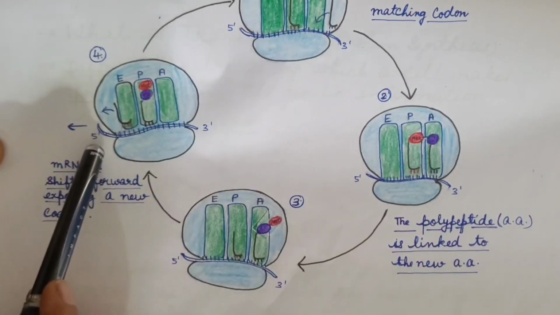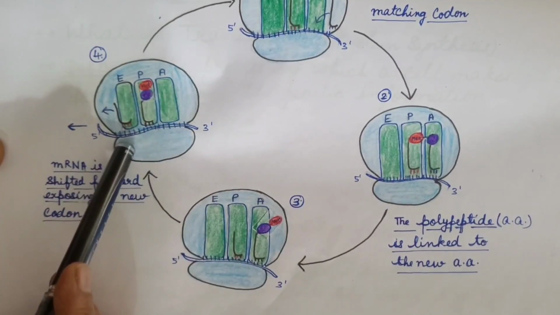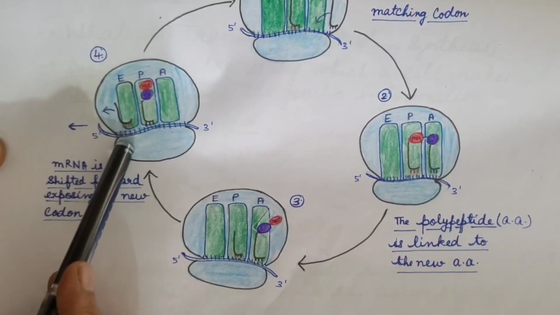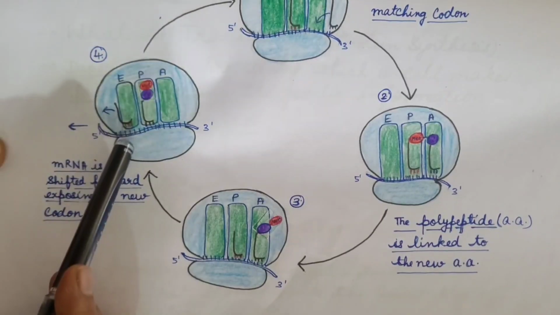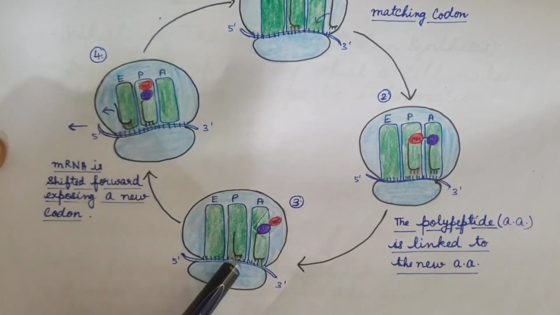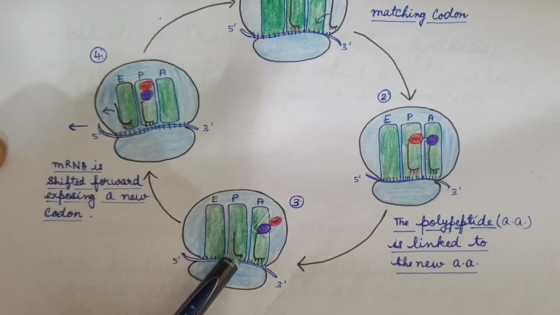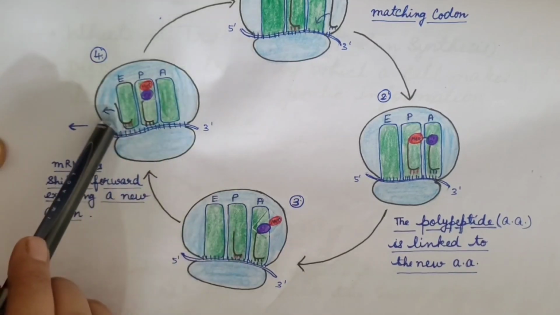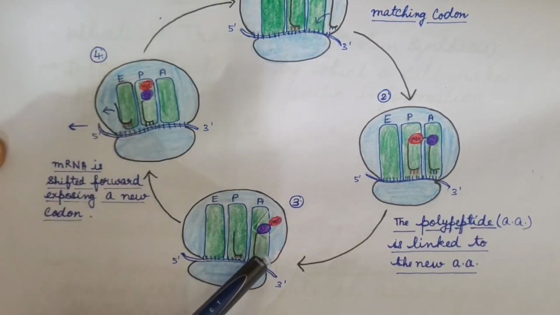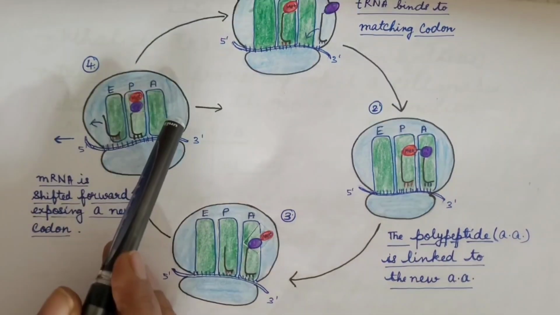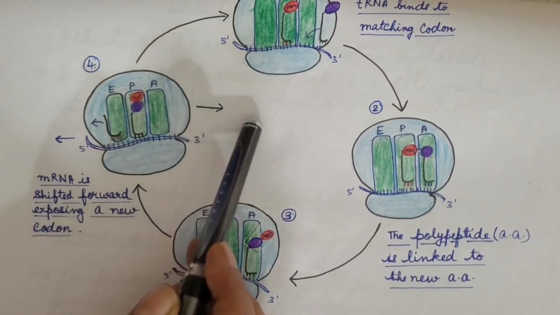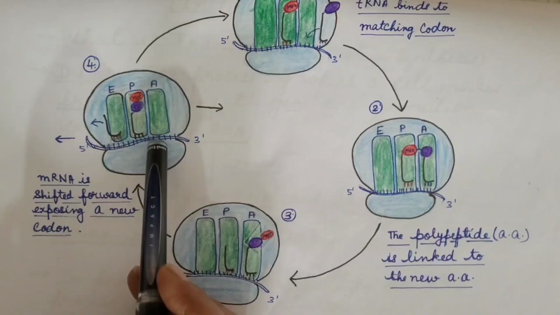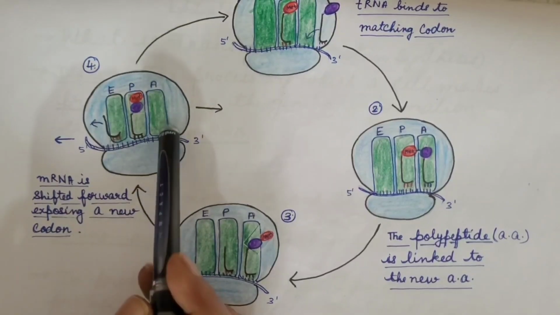Then the translocation process takes place, and this is mediated by EFG and GTP, which is also known as translocase. In this process, deacylated transfer RNA moves from the P site to the E site. Dipeptidyl transfer RNA, which was present at the A site, moves to the P site. The ribosome moves along the messenger RNA in the 5' to 3' direction by 3 nucleotides and places the next codon